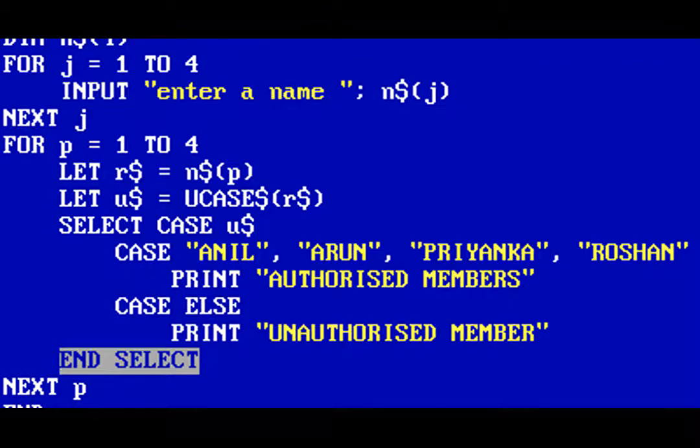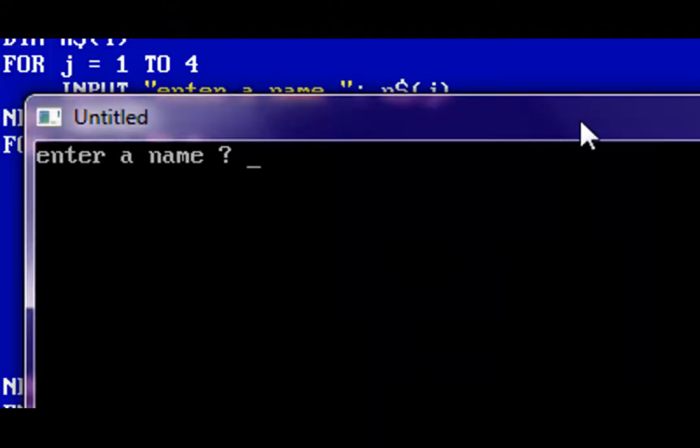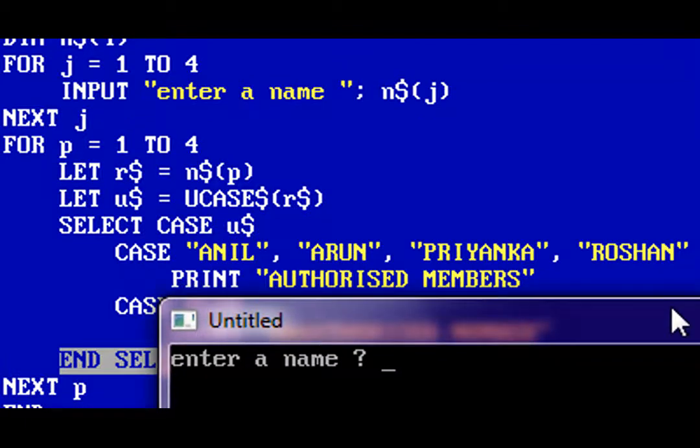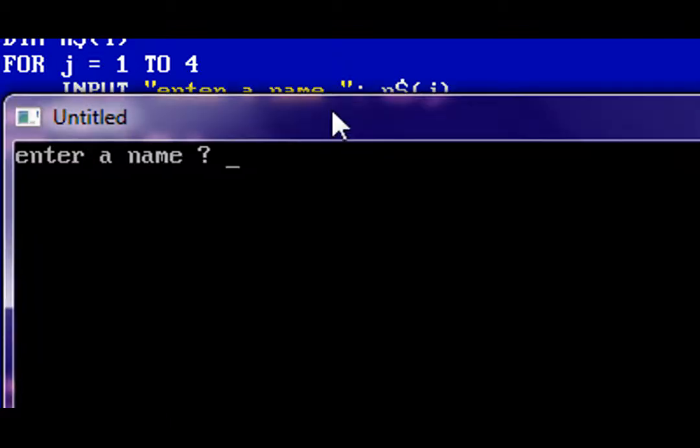Now let's run the program one more time, and input names which are not among this list, so that it will print out unauthorized members. Let me write my name first, Roshan. Though I am the smallest in my family, I always write my name first.